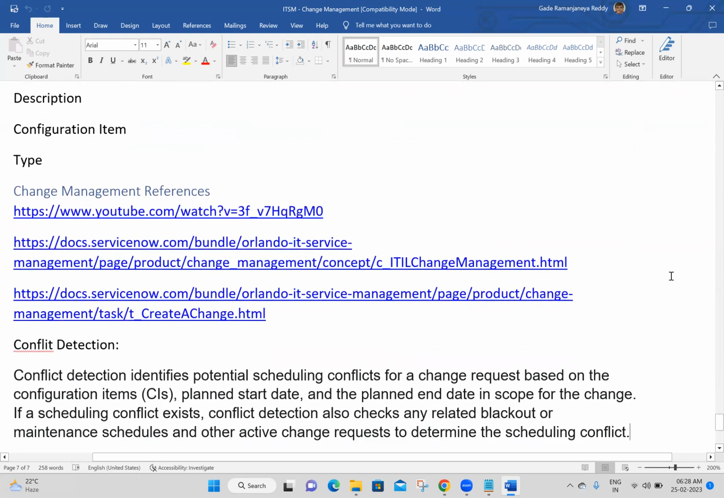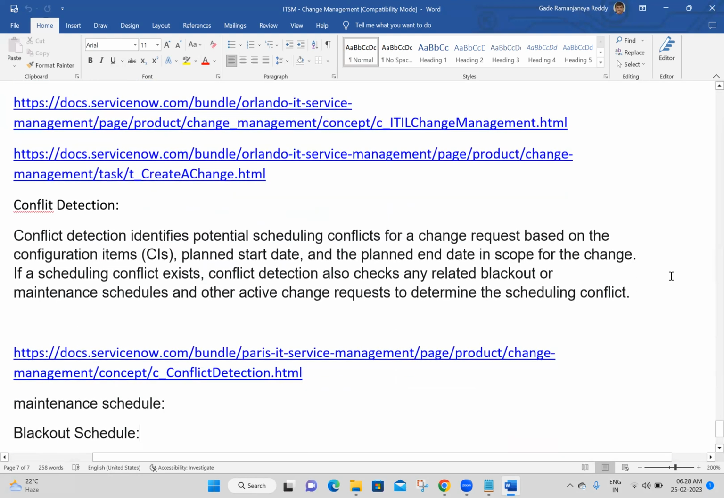Okay, these are the few fields we'll regularly see with the change request. And I have mentioned a few reference links here for learning more about change management. Okay, yes. Next,